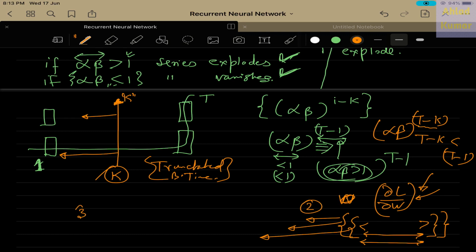The third way of avoiding the vanishing gradient is to use advanced architectures like LSTM and GRUs. We will discuss these two architectures also and see how the problem of vanishing gradient is solved using them. So this finishes off the architecture details of RNN.